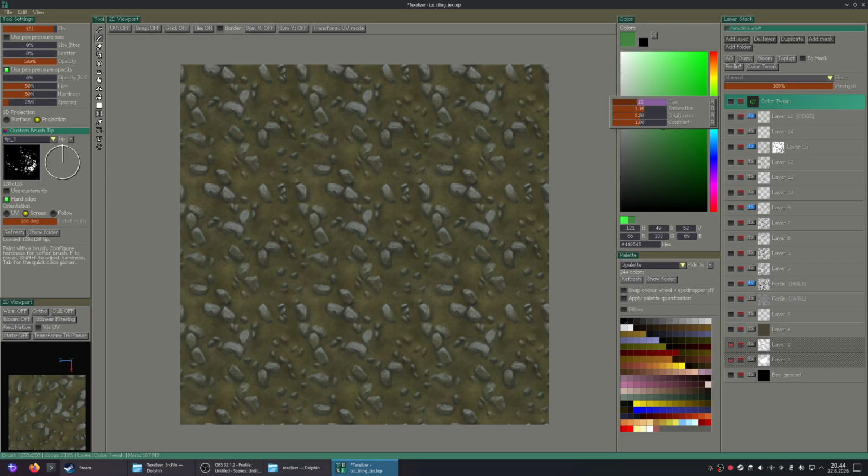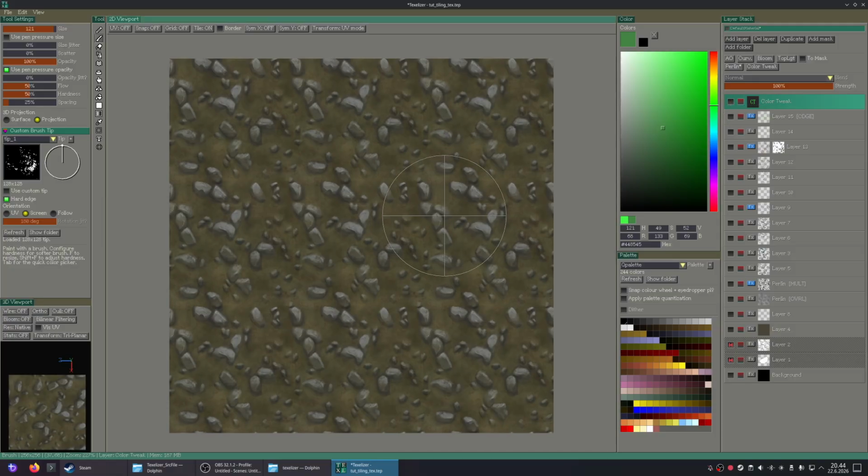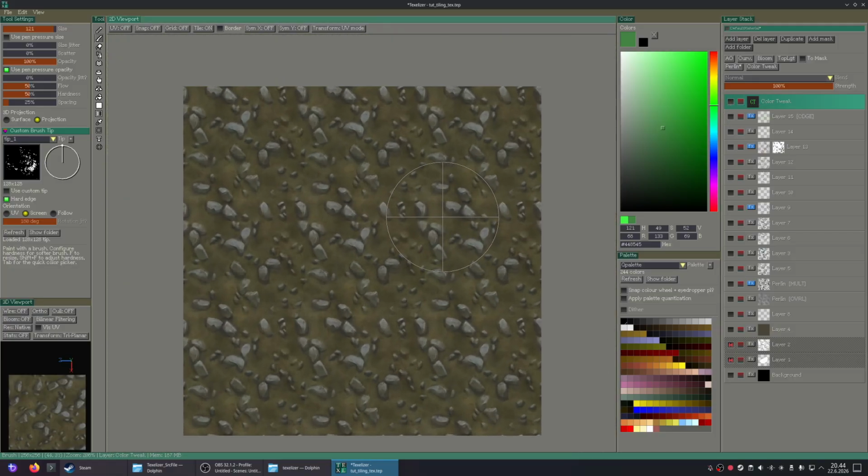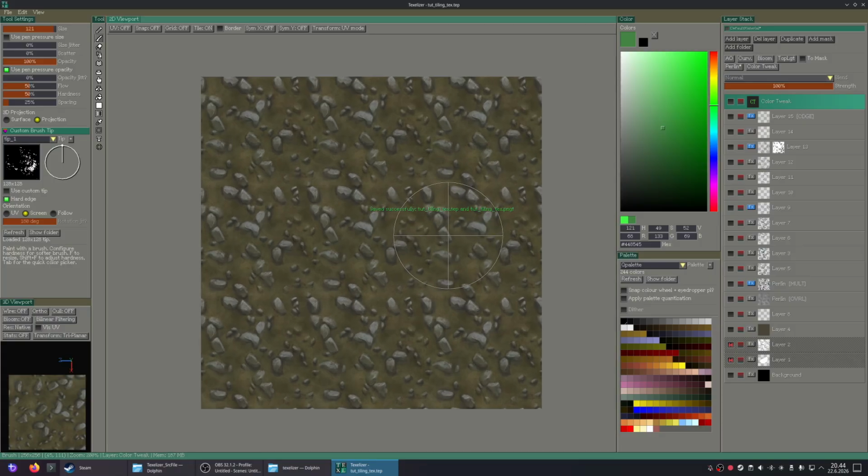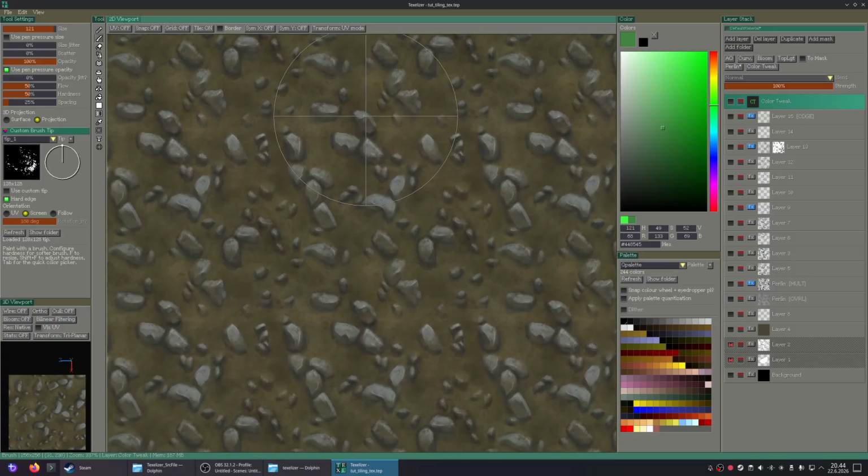If I change the hue just slightly to the right. It is a very slight change. I'm sure you're not going to see that on YouTube, but alright. Is that it?